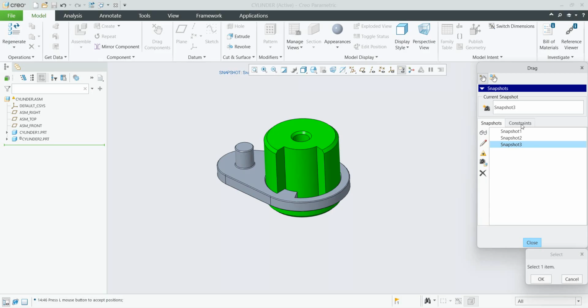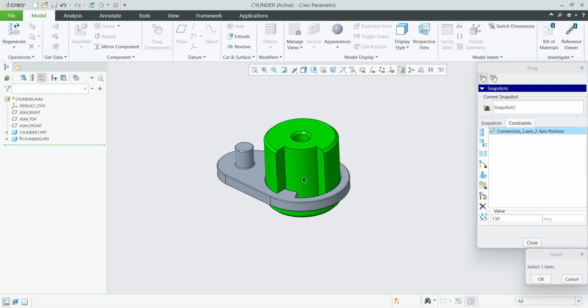You have to jump to the constraints, and over here is the function motion axis constraint. What is it good for? You can select this function and specify, for example, that you would like to set the value in the rotation axis. If I set it up, the system will show me the actual value, and you can change it, for example, to 145, and the system automatically shows you the angle. You can set more and the system will set it as you want. If you hit the button to take the snapshot, it will be snapshot 4,